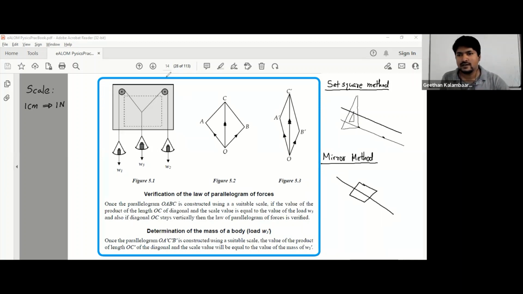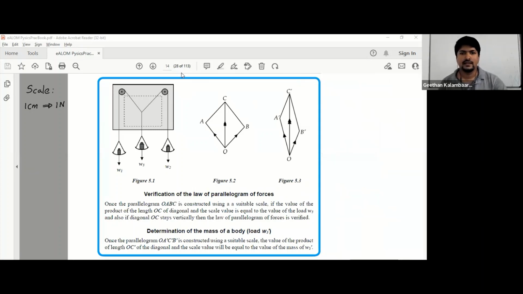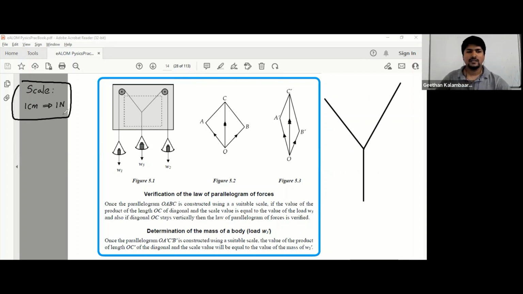So once you take it out, what you can see on that sheet is two lines like this, and another vertical line, so it looks like a Y. So we have traced. Now we are going to use the scale: 1 centimeter represents 1 Newton. Let's put some assumed values. If W1 is 8 Newtons, and if W2 is 6 Newtons,